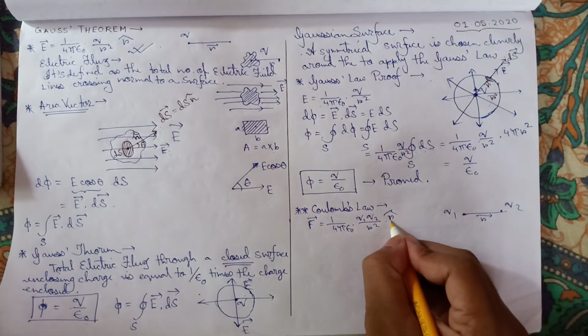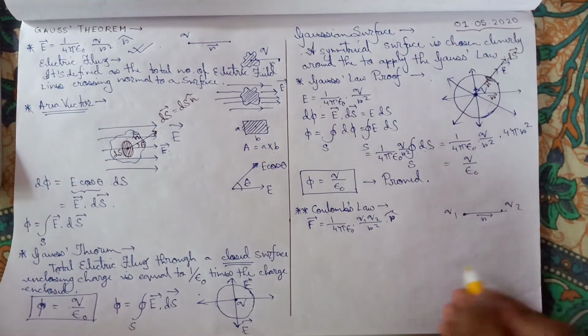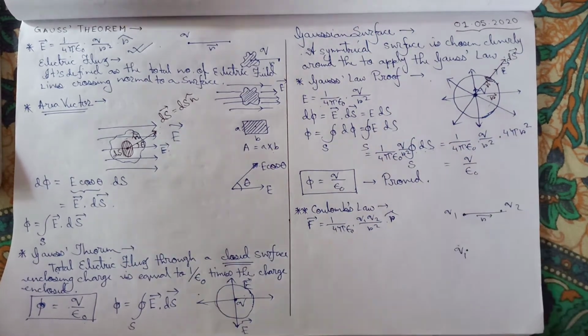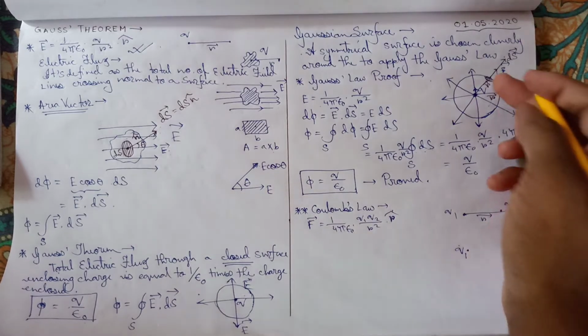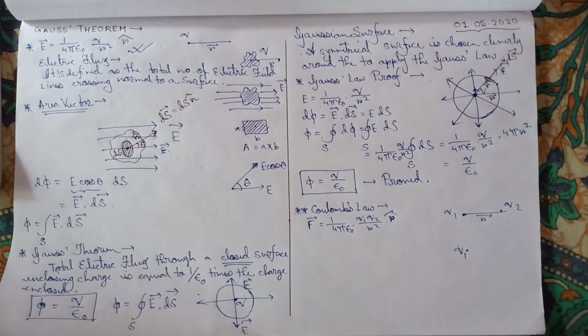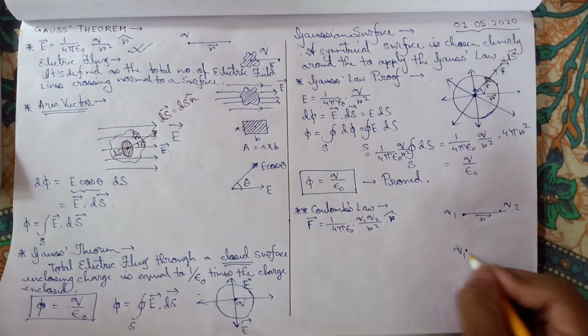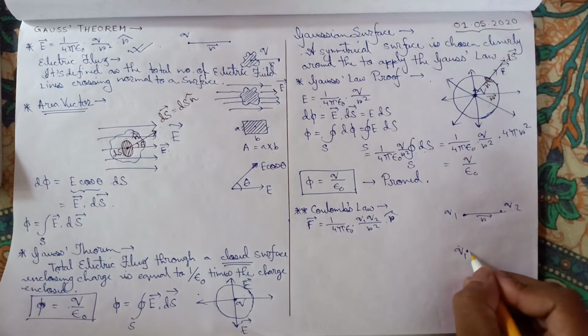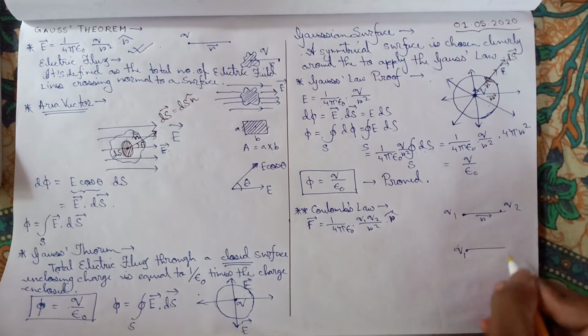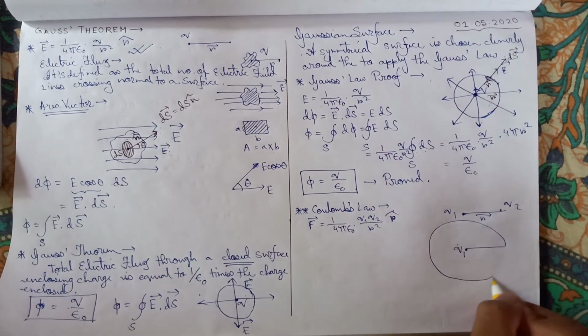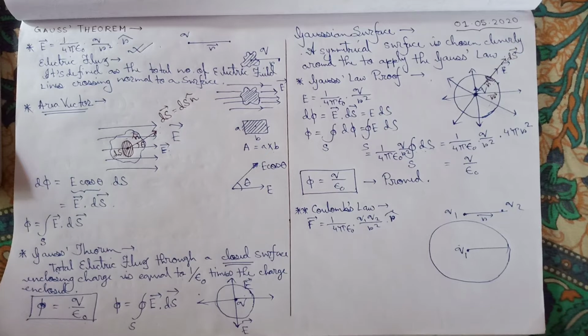Now let's take the charge q1 only here. So what is its electric field lines? It will be like that. It's the same, right? Two point charges, just charge q1 is here. So if we take a closed surface to apply Gauss law, r distance away from this point charge, we can consider a closed surface like that, which is r distance away. In 3D it will be a sphere.